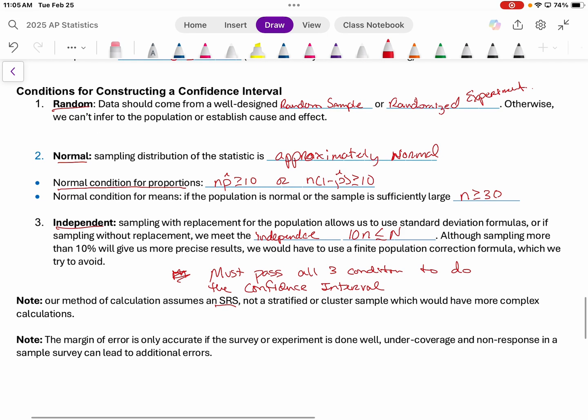The margin of error is only accurate if the survey or experiment is well done. If it's not well done, then undercoverage and nonresponse in a sample survey can lead to additional errors. So, as we look at this section, it's more about the characteristics of being able to do it, and some interpreting of the confidence intervals and the confidence levels. Tomorrow we actually get into the physical calculation of doing a one